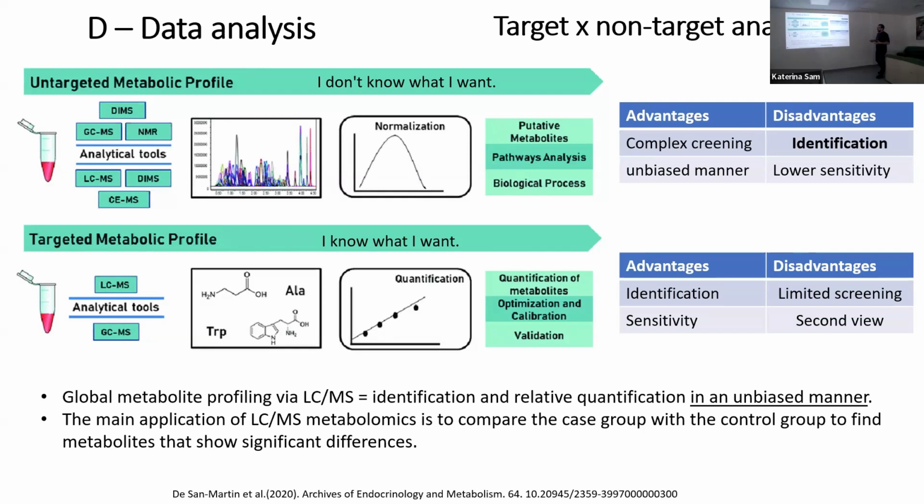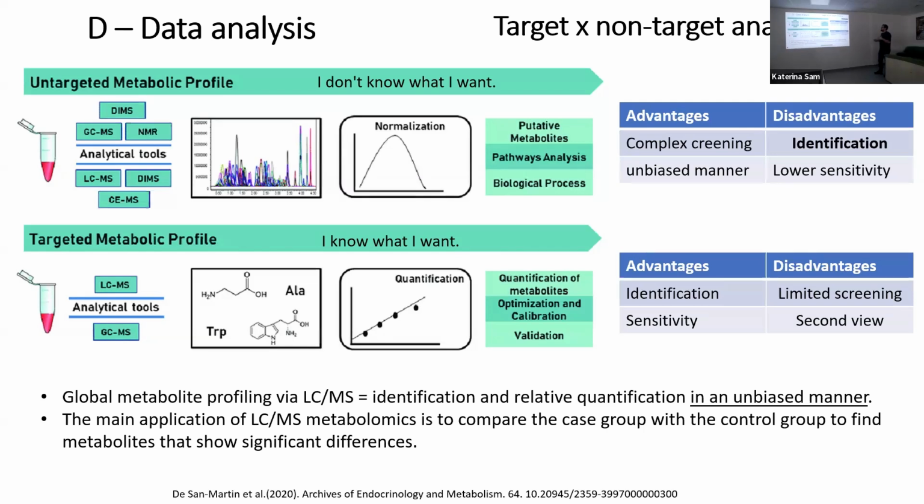But during target analysis I know what I want, because I measure only my compounds of interest. Typically, we start with non-target metabolomics and find the interesting compounds for your topic or project. In the second step, we use targeted metabolomic analysis for the quantification of the compounds, because each